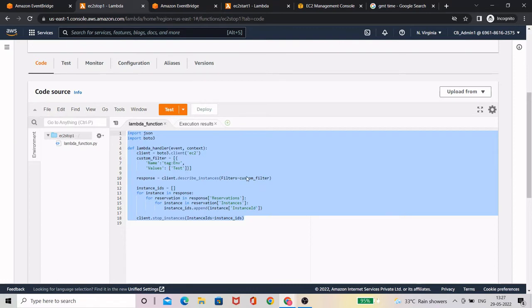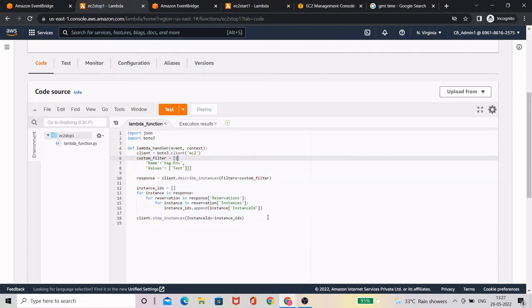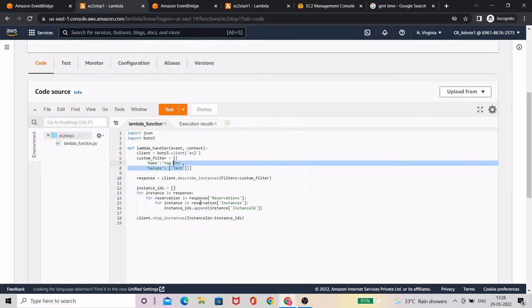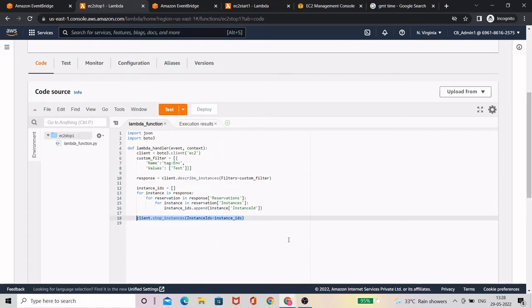So what is this code doing here? This code is actually the heart of the setup. With the help of Python Boto3, it is searching for the tag test across the EC2 instances, and when it finds them, it gets the instance IDs of those EC2 instances which have the test tag attached to them. Once it gets them, it passes these instance IDs in a client.stop_instances command, which finally brings down the EC2